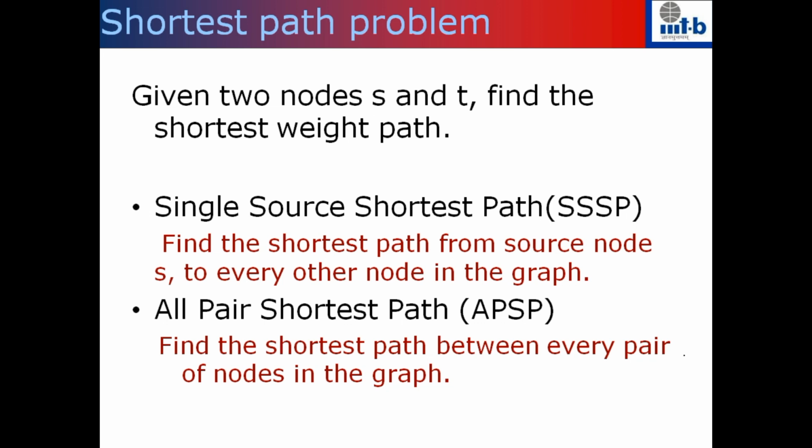So there is no asymptotically better algorithm even if you are interested in only one destination. So what you end up calling is the single source shortest path problem. What I'm going to show you next are three algorithms: two for the single source shortest path and one for the all pair shortest path. In this course, we are only going to study in detail one of the single source shortest path algorithms.